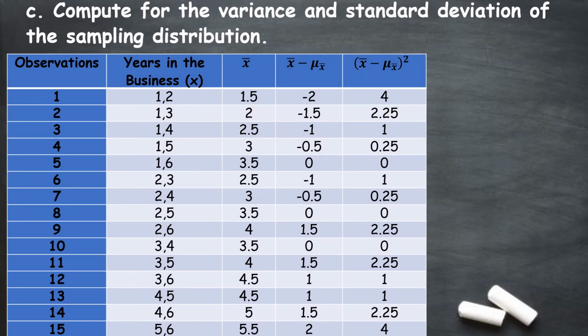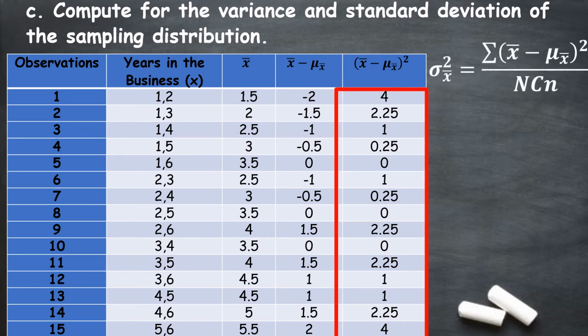Just like what we did with the population, we must also get the sample variance and the sample standard deviation. So the process is the same, that we will add an additional column wherein we subtract the sample mean to the population mean,